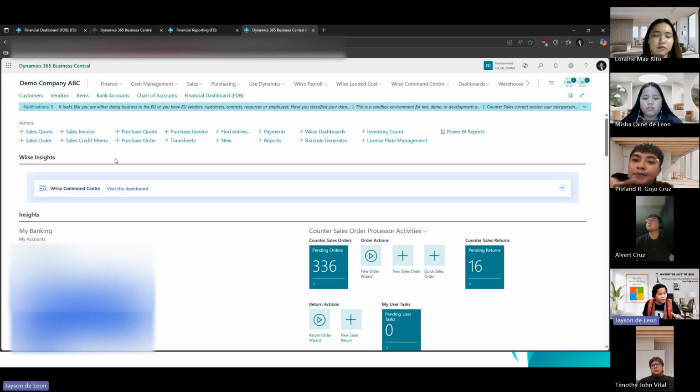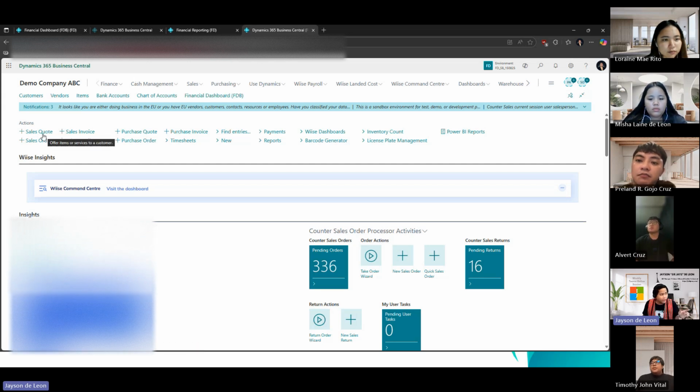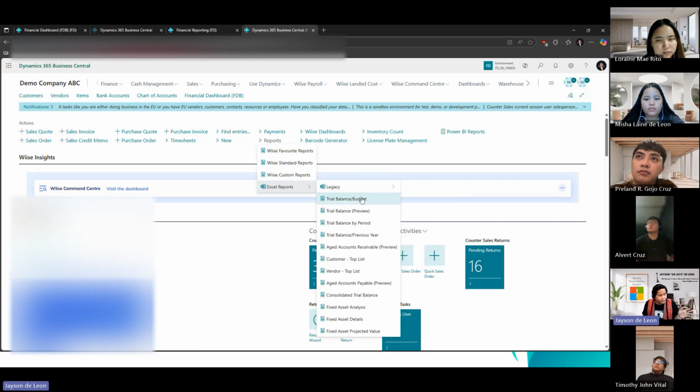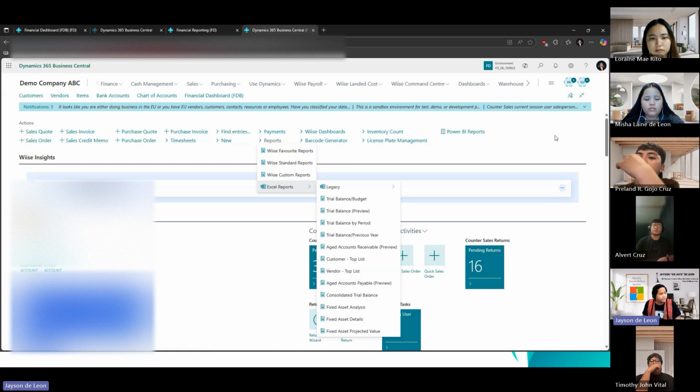These are usually for your common use tasks. So instead of navigating in your modules, you can easily go to your sales quote if you are working on the sales quote, or you can just go to the reports and show your favorite reports or Excel reports showing the trial balance, the subsidiary ledger reports.